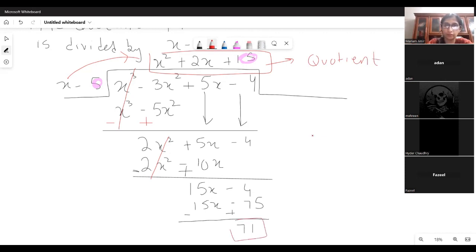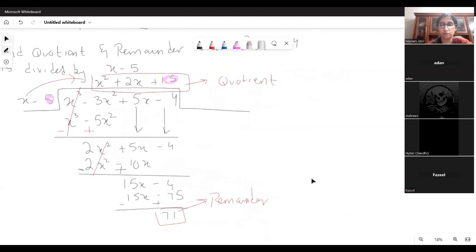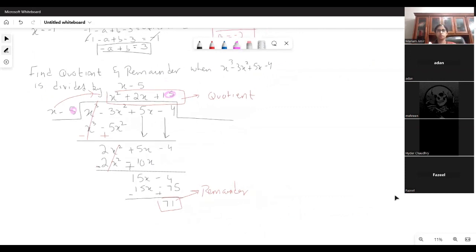And this is the remainder. Okay. Any questions here? Okay. Acha. Although I'll formally talk about this again, but since it just came up, I'd like to quickly introduce